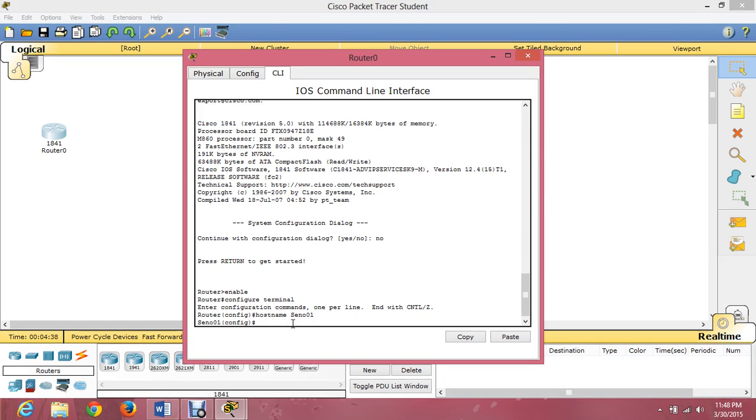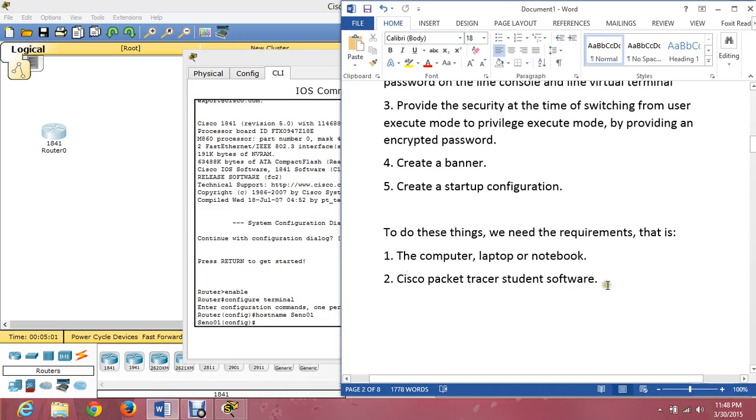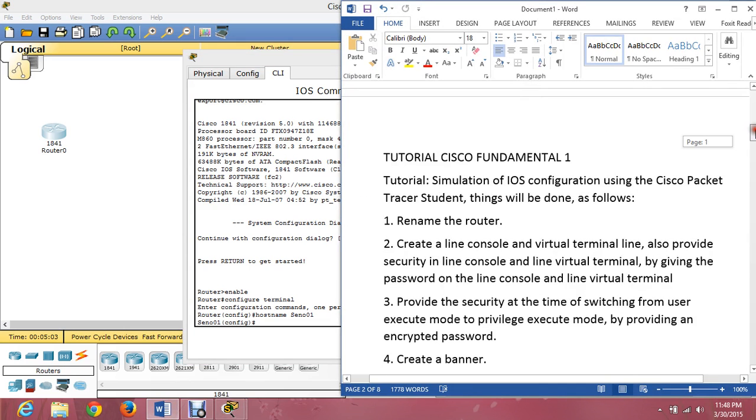And great guys, we successfully changed the name of the router. Basically the name of the router is just router, but we changed the name from router to Seno01, and the first tutorial, renaming the router, is successful.